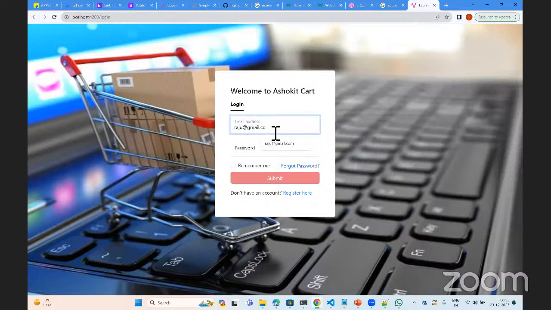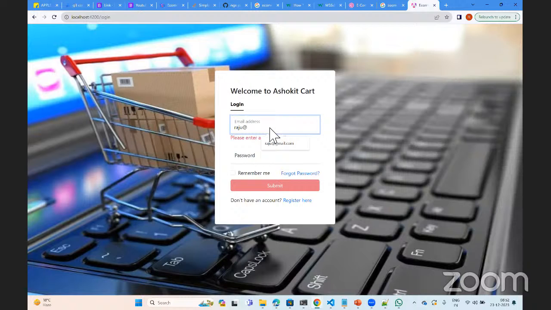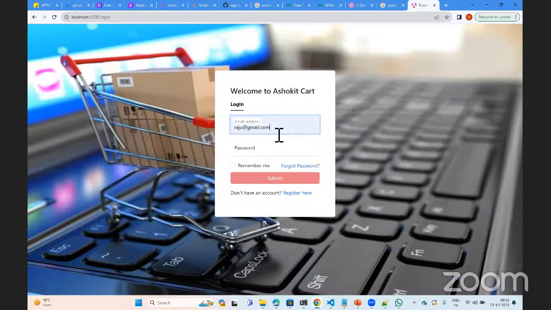Suppose I remove @gmail and come out of that, see here, please enter a valid email. There are some validations we have given in the logic. It checks against these standards whether @email.com is there or not. If the standards match, it will not display any error.